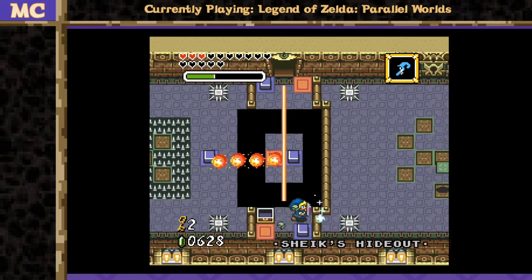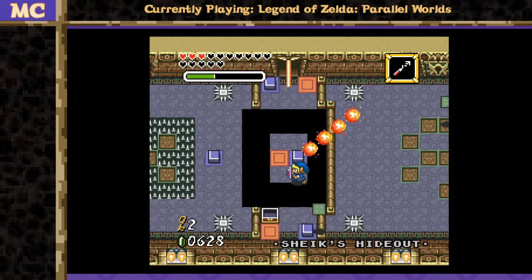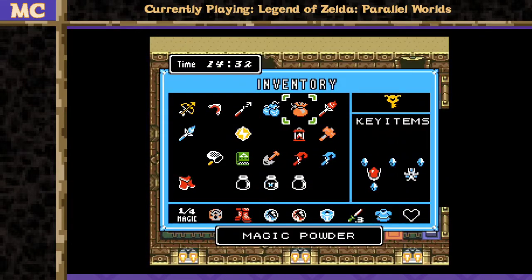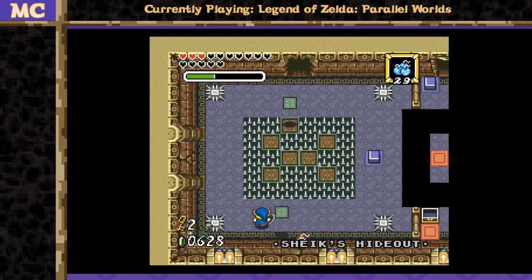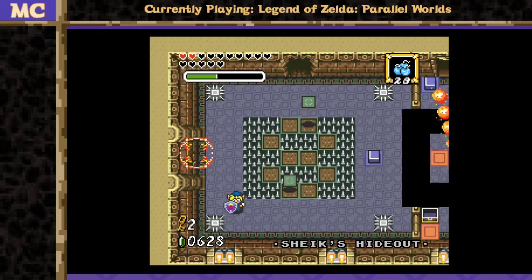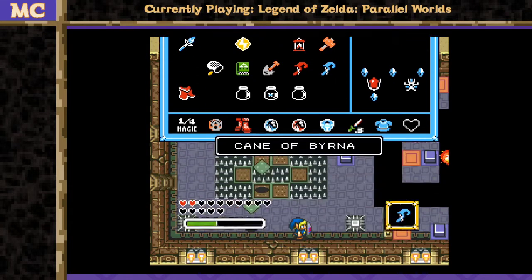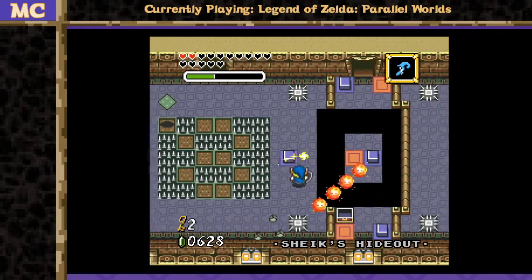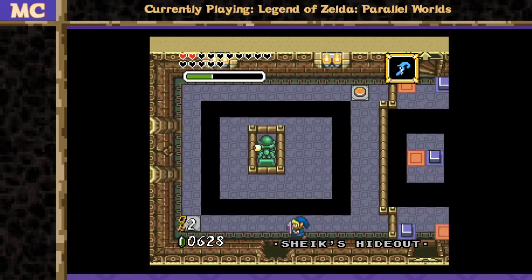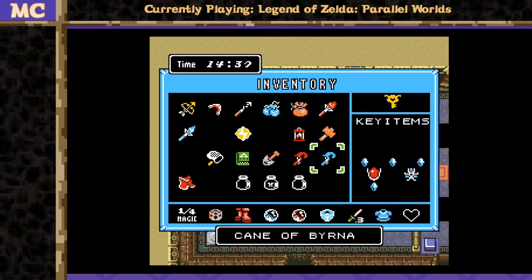Stop. There's a lot of stuff going on right now. Any secrets? Nope, no secrets. Okay, cool. Things are scary in here. There's too many tile traps. No? Okay. Well,